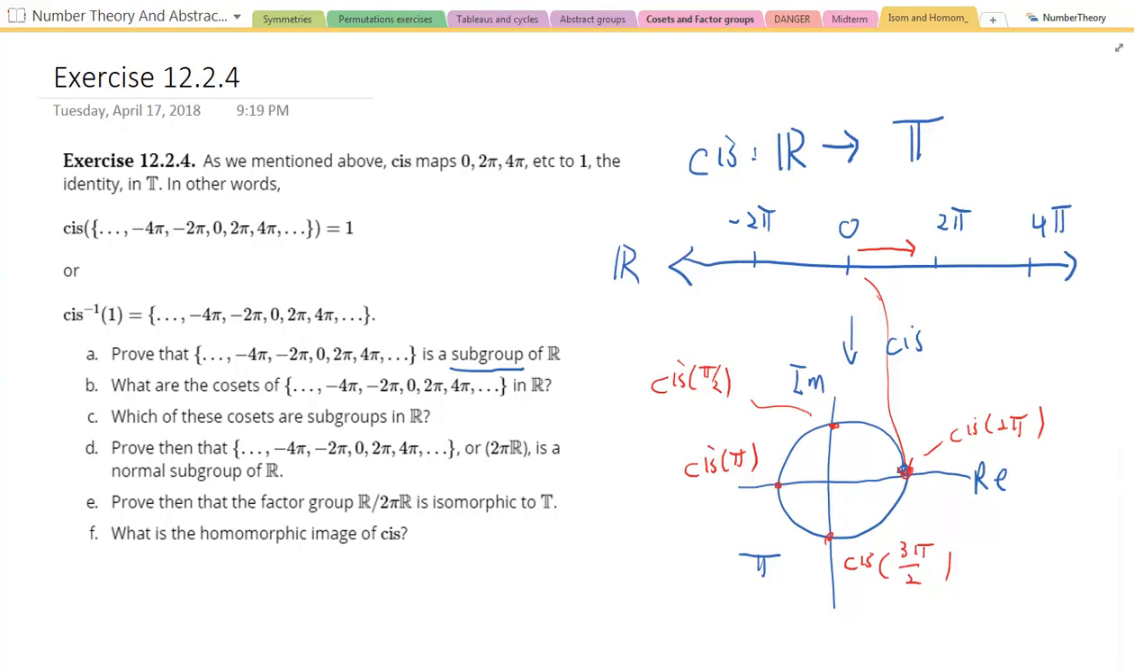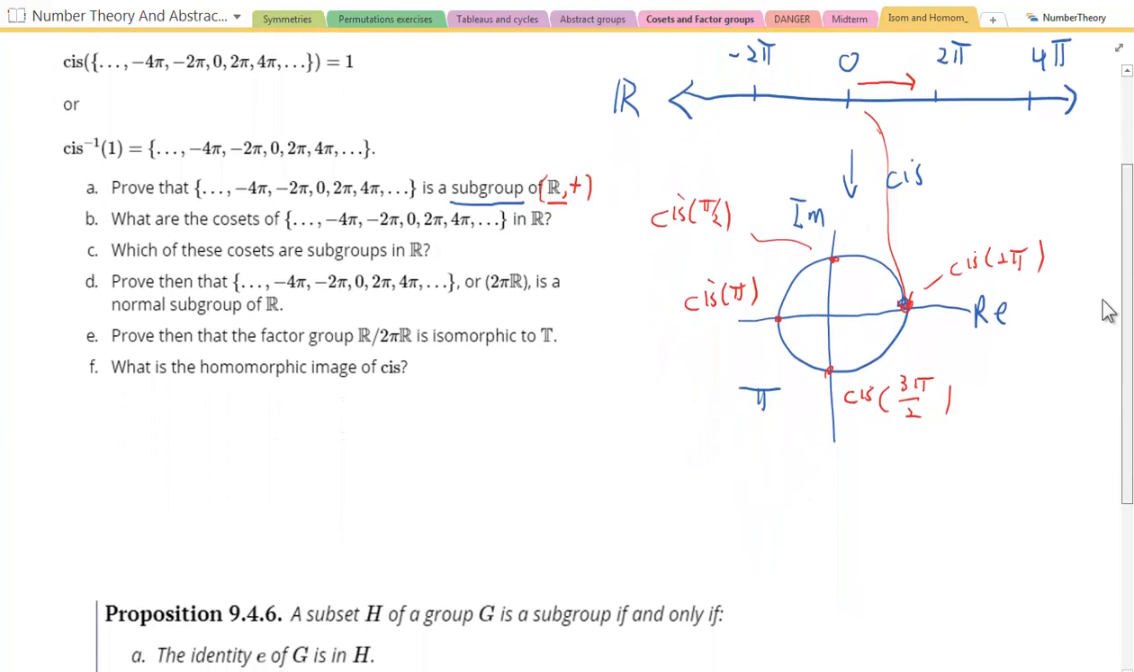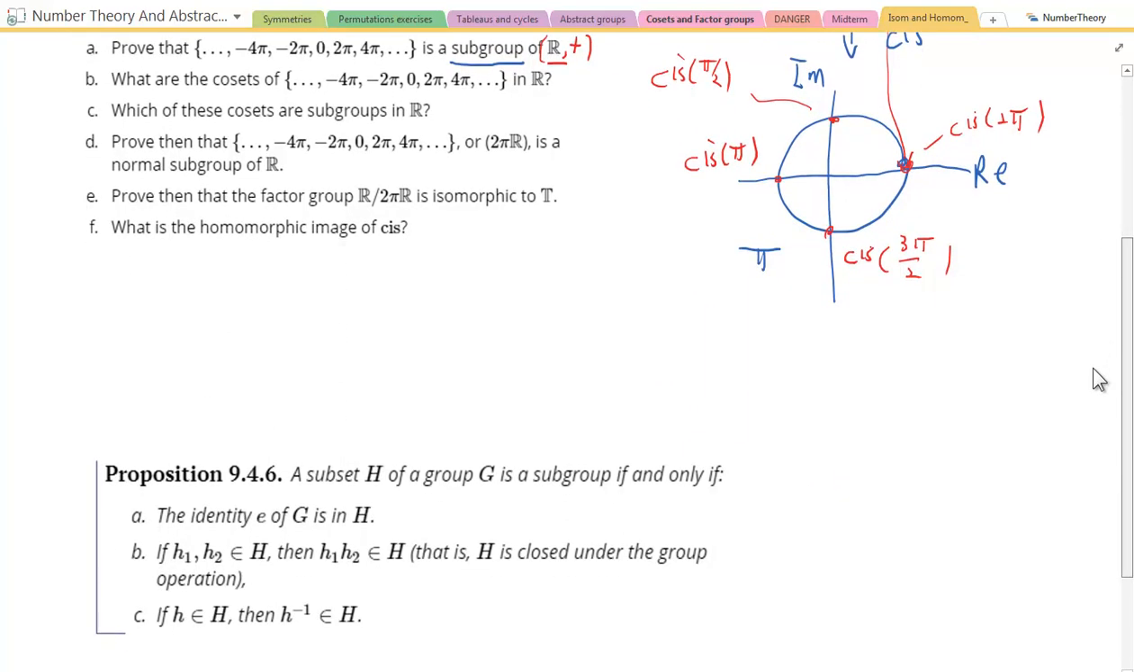Now, how do you prove a set is a subgroup? It's a subgroup of R. Now, this R is an additive group. So you need to give a citation down here. Now here, a subset H of a group G is a subgroup if and only if these three conditions are satisfied. Now we're using H as this set